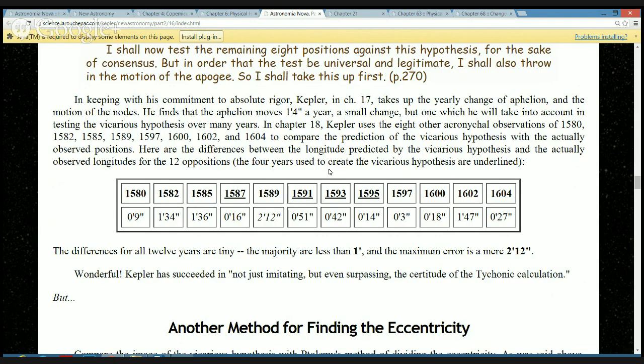Okay, so here you see these numbers. They're all like 2 minutes or less. Fantastic. Kepler's vicarious hypothesis is the best thing that's ever happened. It's more precise, more accurate than anything anybody's ever done. It's actually equally accurate as what Longomontanus claimed he did. But